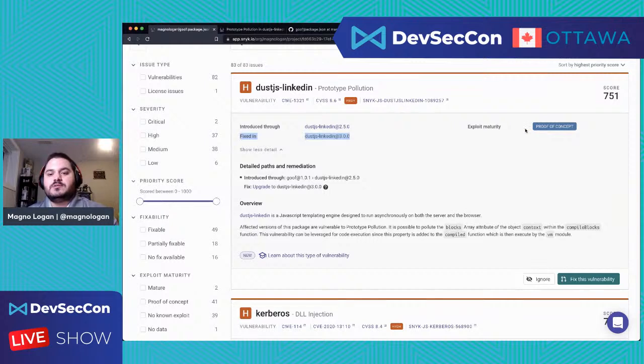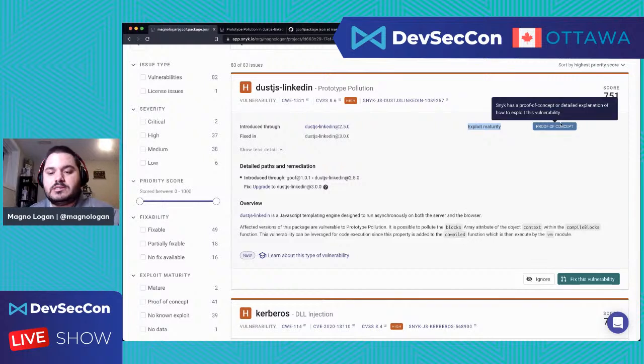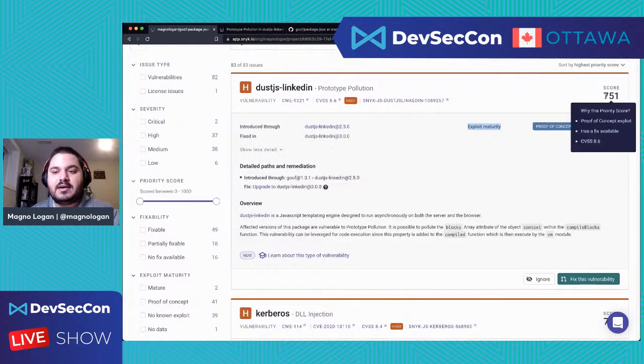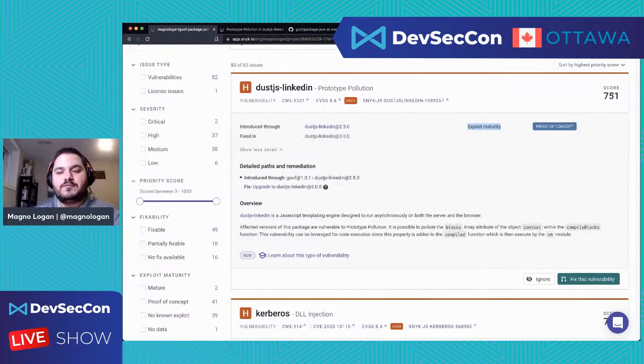So if I want to fix that problem, I need to update my library from 2.5.0 to 3.0.0. Another interesting thing is the exploit maturity. Snyk analyzes whether there are any public exploits being shared or developed or available on GitHub, for example. And if someone is using that exploit for a mass attack on different organizations, that increases the risk score. That's how it calculates the risk score of the vulnerabilities.